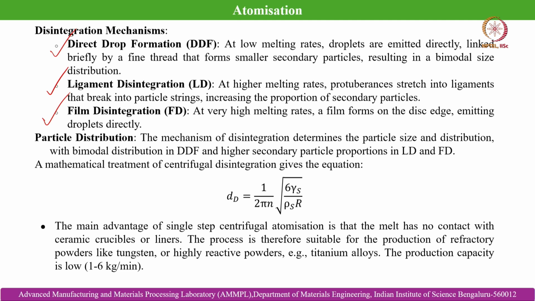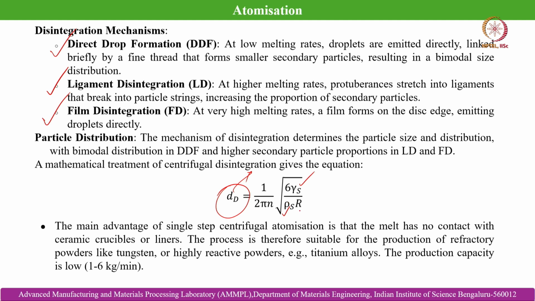So, a mathematical treatment of centrifugal disintegration can be done based on this equation. So, this is DD, that is the droplet diameter, is equal to 1 by 2 pi n root over 6 gamma s, that is the surface tension term, this is the density term, and this is the radius of the